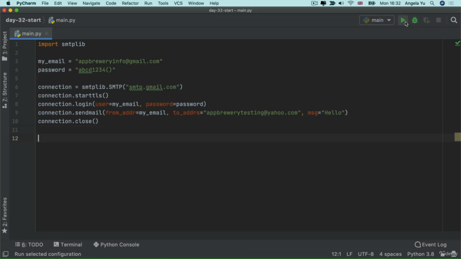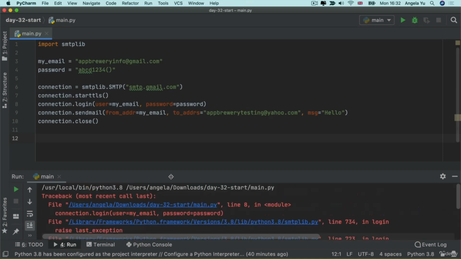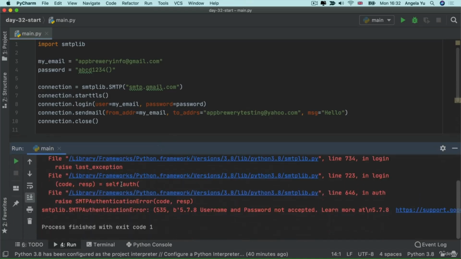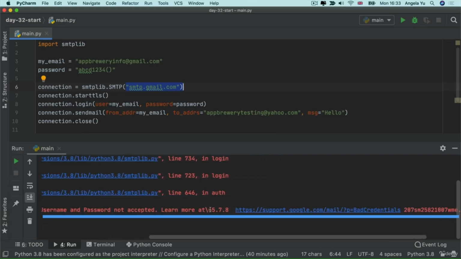So now we can go ahead and hit run. And you might get a number of errors at this point. If you do get an error, first check to make sure that you haven't got any typos here, here, here, or here. But once you've checked that through, the next thing you can do is look at this error code